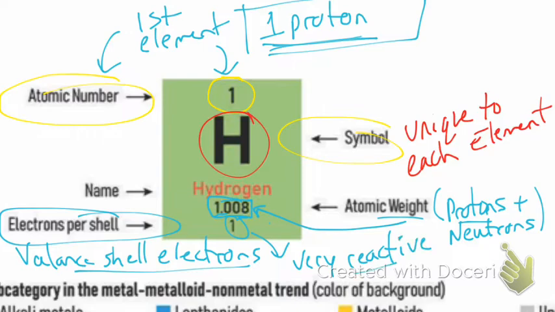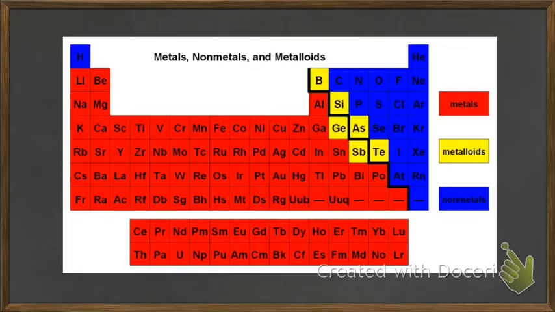Looks like a mess, looks like a lot of information, but we'll get through it. One more thing to keep in mind, the periodic table is organized in specific ways. One of the ways it's organized is by the state. So all of